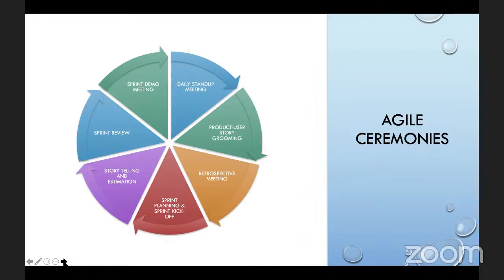So everybody will give their status. They'll talk about what they worked on the previous day, what they're working on today, and if there are blockers, if there is an impediment, then they'll say it. QAs will do the same thing. Testers will also say that yesterday this is what I worked on. Today, I'll keep testing this, and I don't have any blocker. I don't have any impediment. So that is daily stand-up meeting.